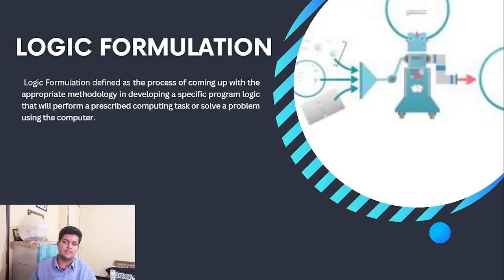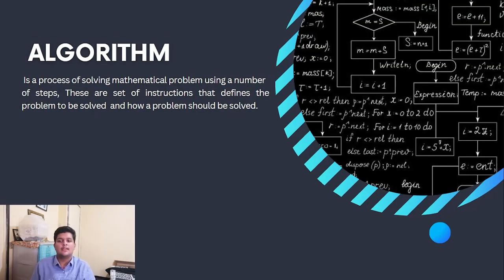So let's proceed. Then we have algorithm. Algorithm is a process of solving a mathematical problem using a number of steps. These are a set of instructions that defines the problem to be solved and how the problem should be solved. So basically, algorithm is just how the problem will be solved and what the problem really is. So for example,